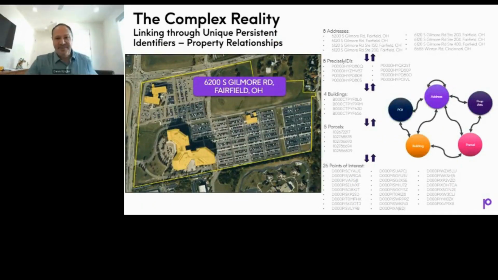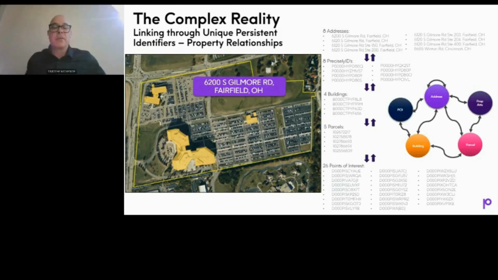If we think about a property like this, this is a commercial property with lots and lots of things going on at this property. Typically, in order for a provider to assess this property, it would require physical presence, boots on the ground, walking the property, understanding as much detail as they can before they make decisions on whether or not they are going to invest in lighting up this property with network capabilities. In this case, though, with just a couple of joins by IDs, we're able to understand the total number of addresses